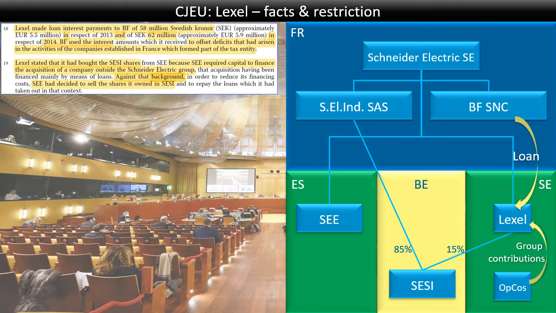Lexel stated that it bought the SESI shares from SEE because SEE required capital to finance the acquisition of a company outside the Schneider Electric Group. Against that background, SEE had decided to sell the shares it owned in SESI. Now there are a number of questions to ask here. I mean, one of the most obvious ones would be, why didn't he simply sell the shares